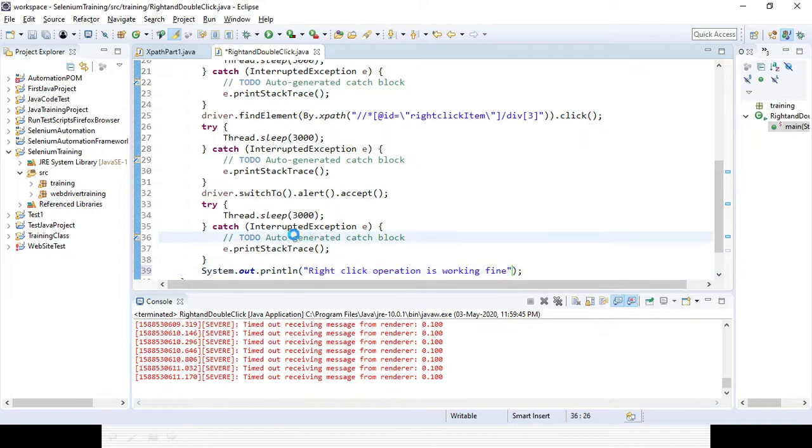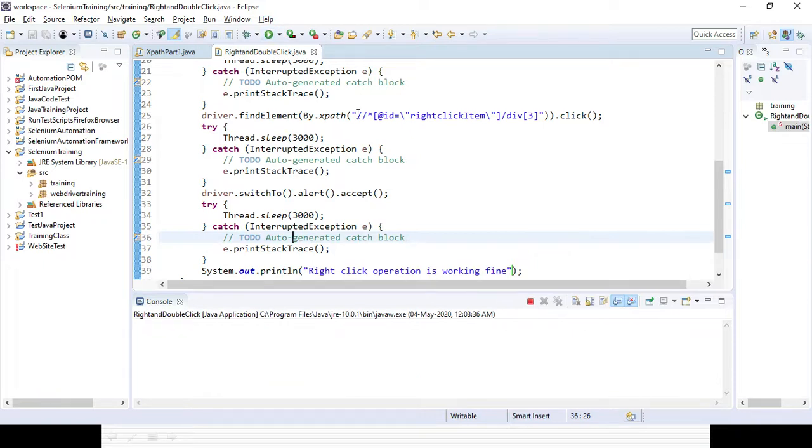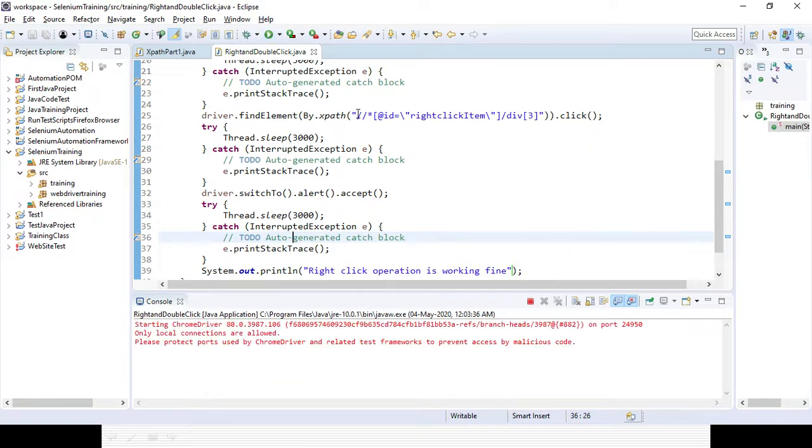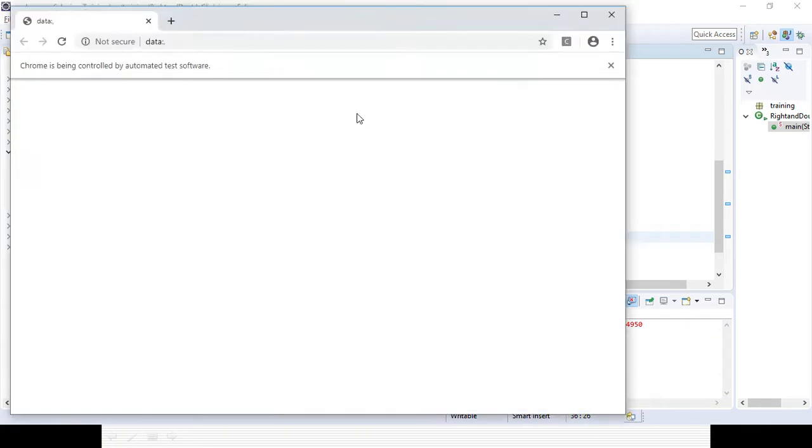Okay, let's run the code and see whether my right click operation is working fine, and the particular option, the tag I want to select, and after the selection, whatever alert message comes, it will accept the alert and close it.